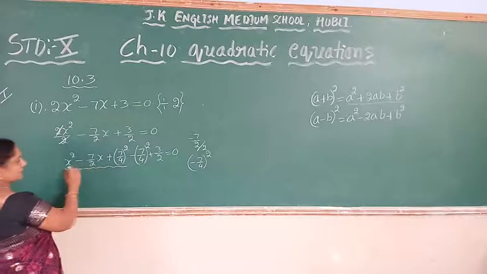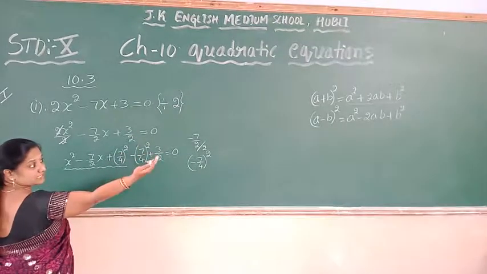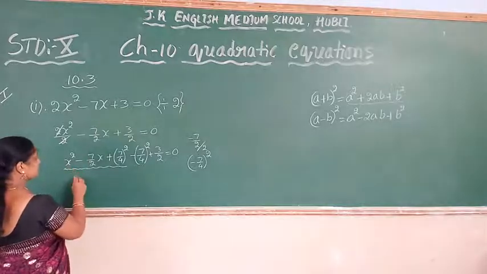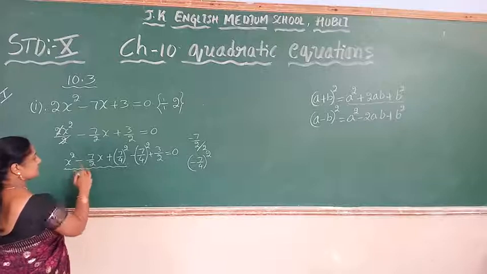So instead of these three terms, I can write it in the LHS form, that is the square form. That is, the first value is x, and the b value has a minus sign, I can use it because the minus sign is there.